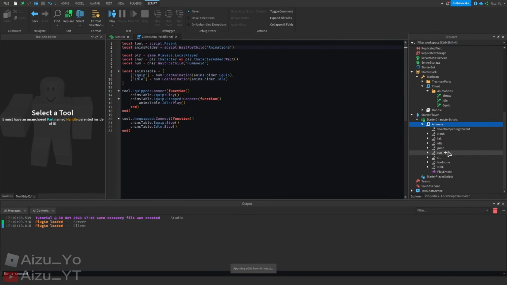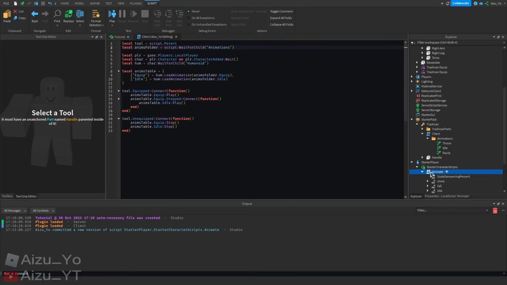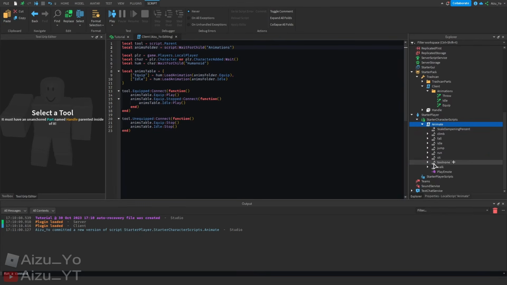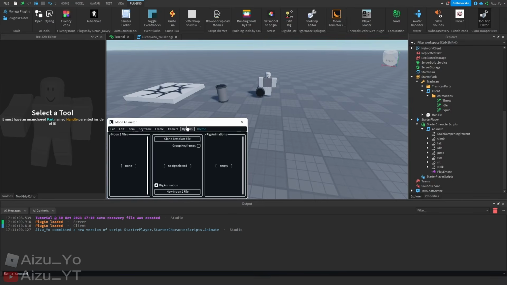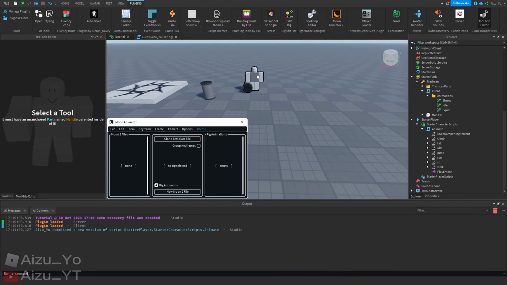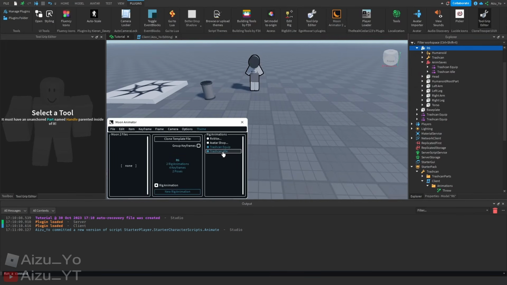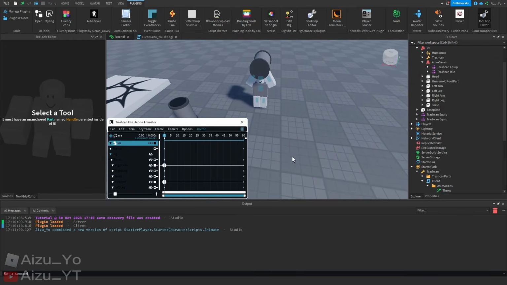So now you can go back and you can look for tool none. That's like, if you press this little arrow next to the animate script, we'll open up this and then you can find tool none. Just completely delete that. And now we've gotten that out of the way. So now open up Moon Animator or whatever animation you're using and press on your rig and then go into trash can idle is fine,